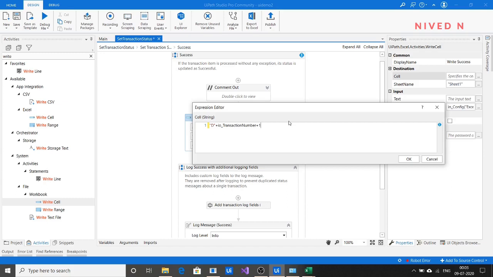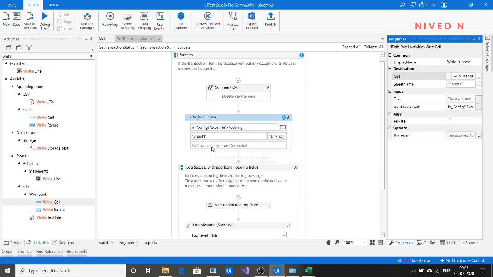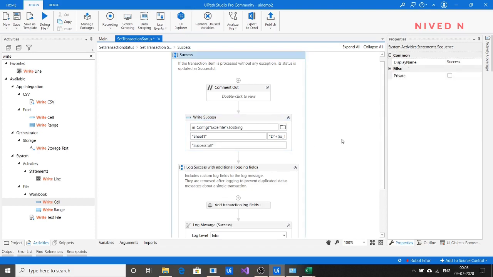That is what we actually want. Since it is a string, just take this whole value and write dot to string. Okay, what is the cell content we have to write? We have to write successful.